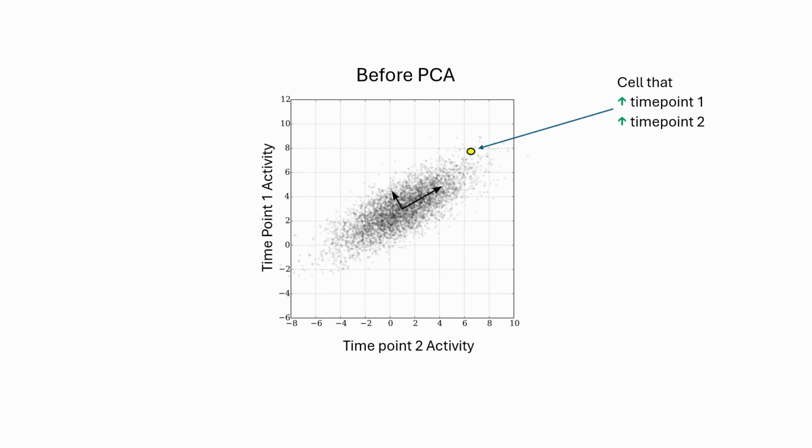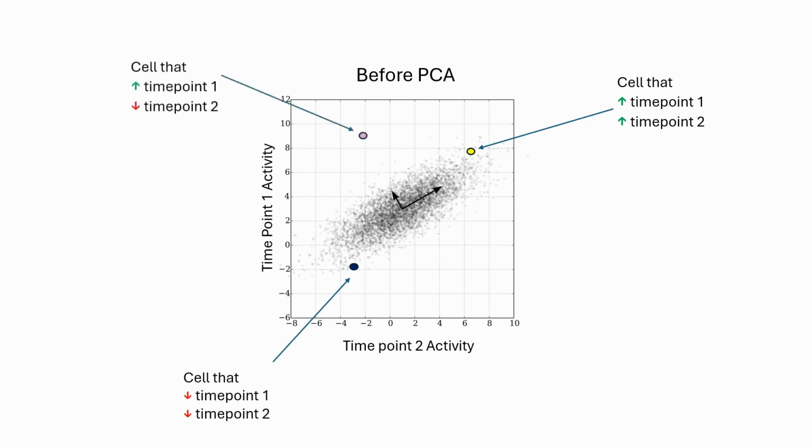The cells that are closest together have more similar activity patterns. The opposite here: these are cells that are lower in activity at these time points. And this data point probably doesn't exist, but this one has different dynamics. One of the key things that I want to highlight in terms of the PCA part is